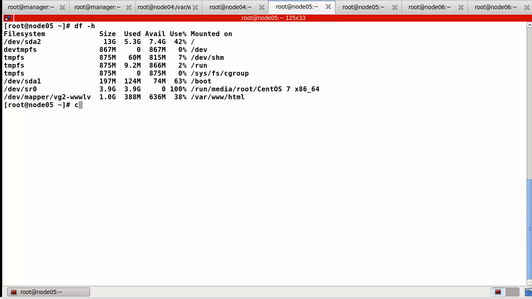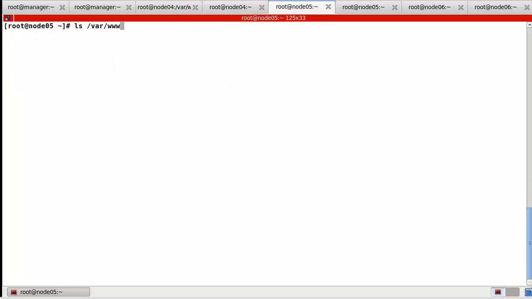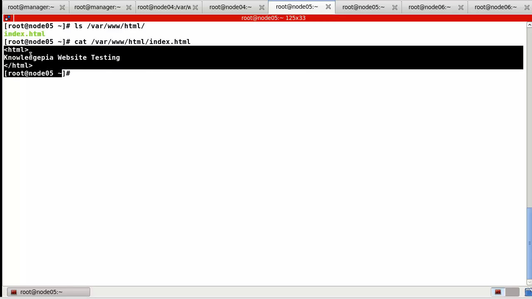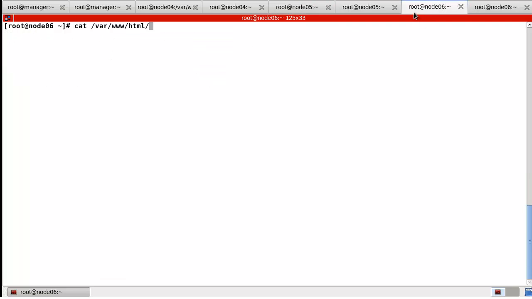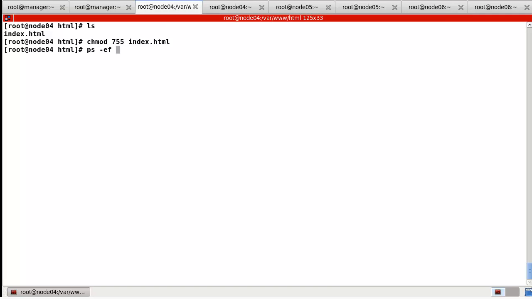So let's check node 5. So we can find it and let's read. Okay, we can find this index file, and node 6 as well. Okay, we can find the same content. And the second testing, let's check the process here for Apache like this.